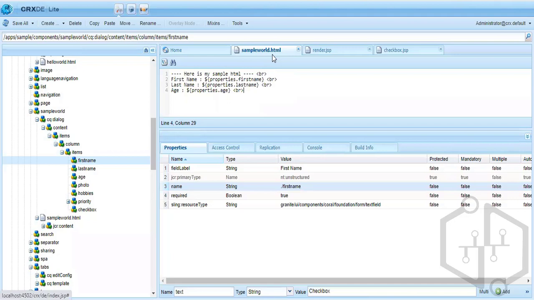Within JSP we can write the Java code by using scriptlets, we can write HTML, and we can write the JavaScript as well. Everything can be written, so that was the disadvantage. All the code gets merged into a single file and it becomes very cumbersome to read. So that is why, to bring modularity,